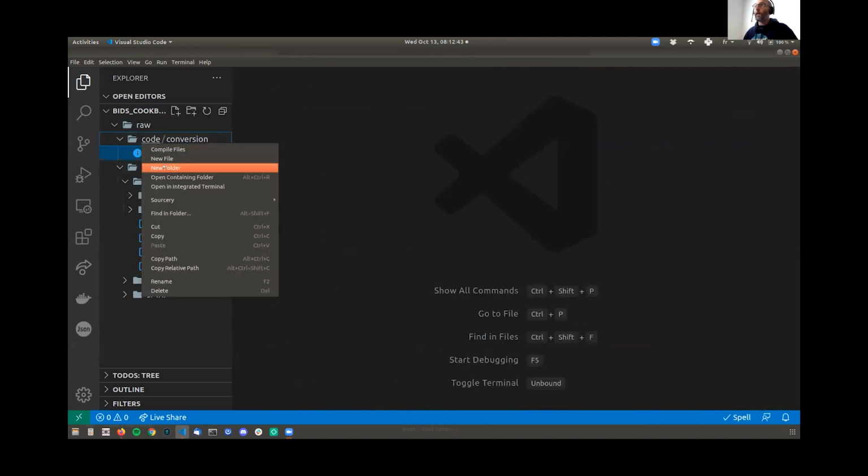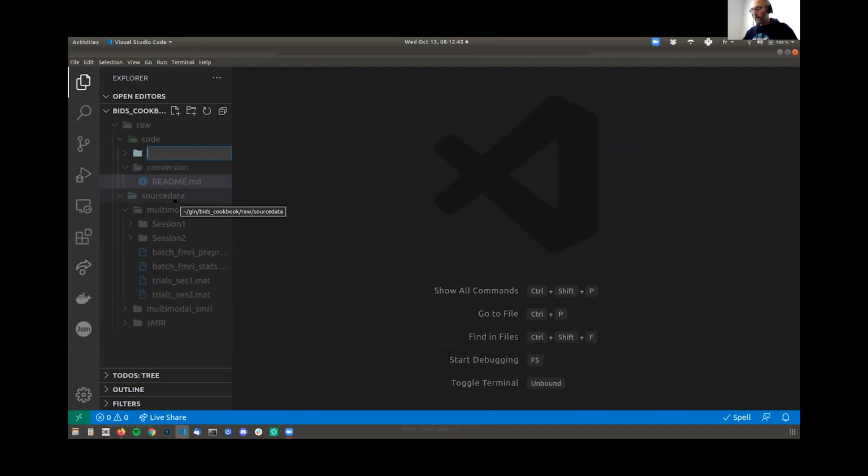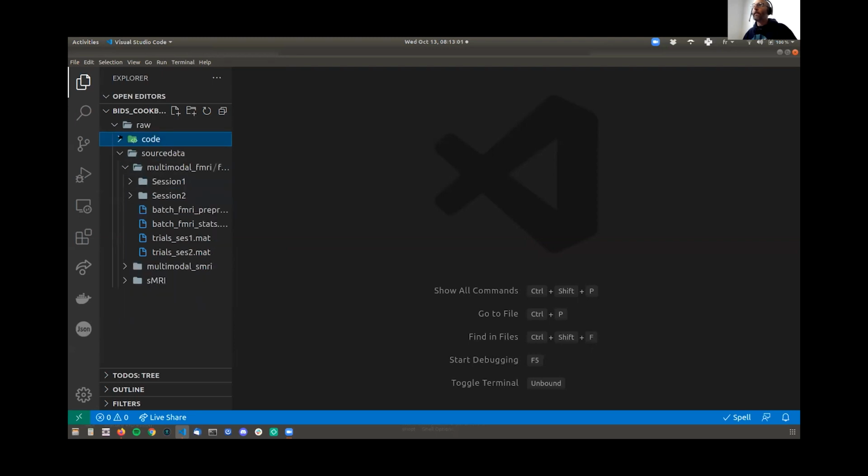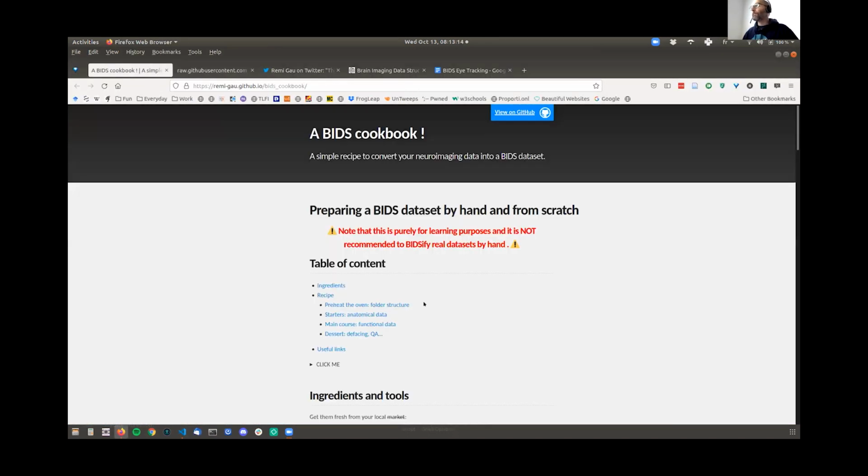Another thing you could do, for example, is store here the code that you use to run the experiment. If you have functional data, you can put the code for whatever software you use to run your experiment, like SciToolbox, PsychoPy, whatever. I do recommend you also put your code in there. And another thing you can do is also have a folder with your stimuli. That's also completely allowed by BIDS, and you can put the stimuli that you use for this experiment in there. Cool. Okay, what is next?